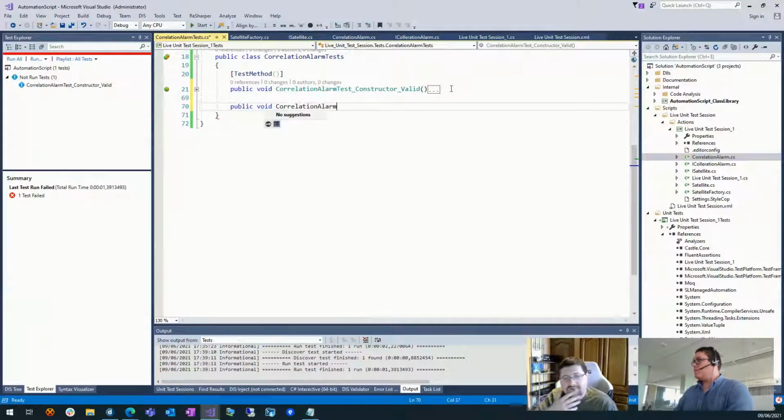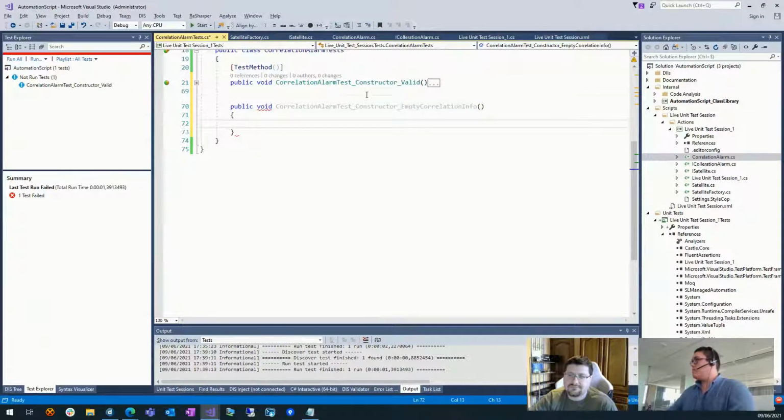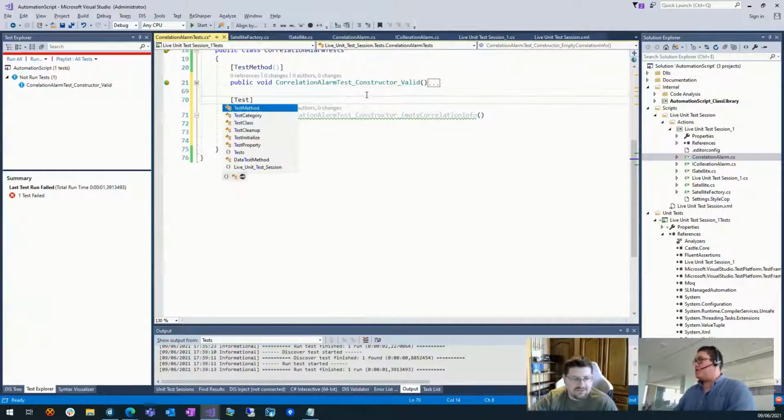So yeah, we could probably copy paste part of the previous one. But yes, this indeed, the constructor is going to be, what happens if that script param is empty? Always make sure you don't forget to add the TestMethod attribute.